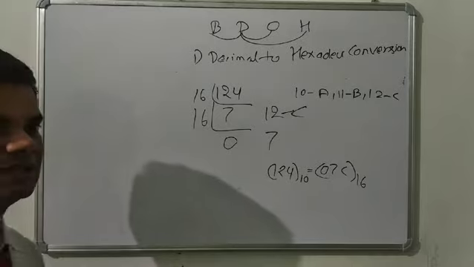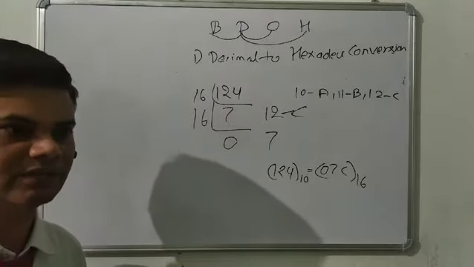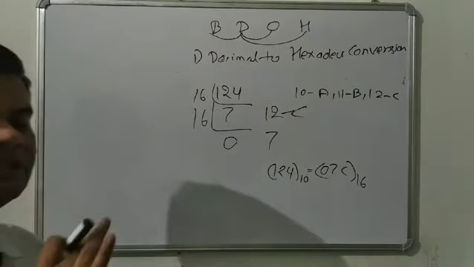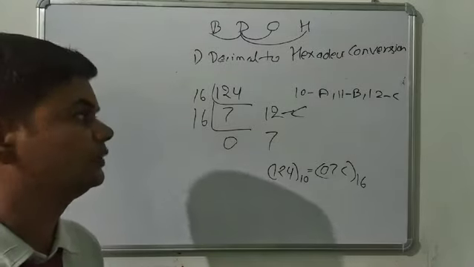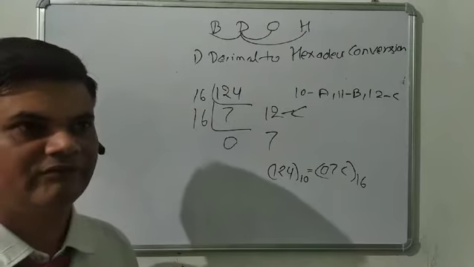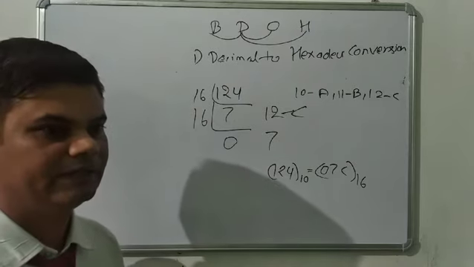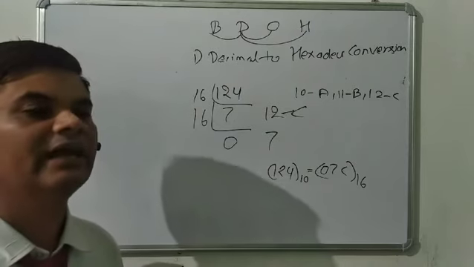So let us go through it from the starting. The first thing: what is a number system? A number system is a system of numbers in which we use different types of numbers for data representation. Second, we have 4 types of numbers: binary, decimal, octal, and hexadecimal.